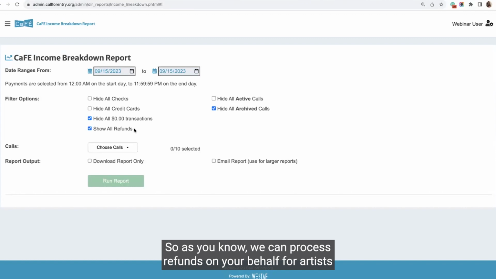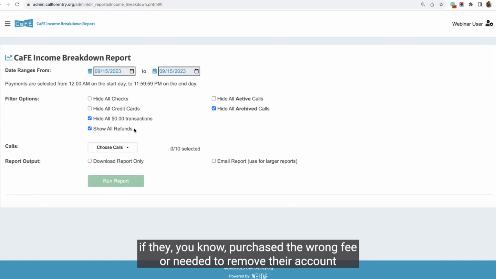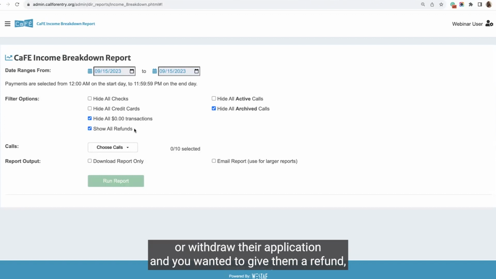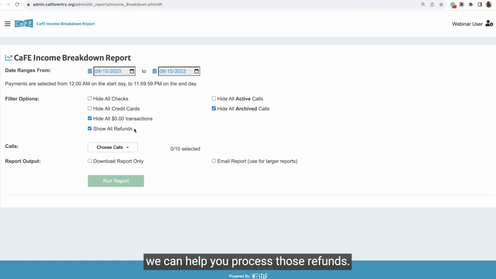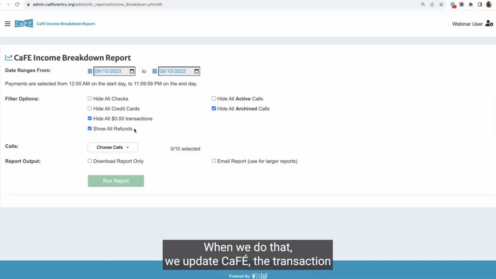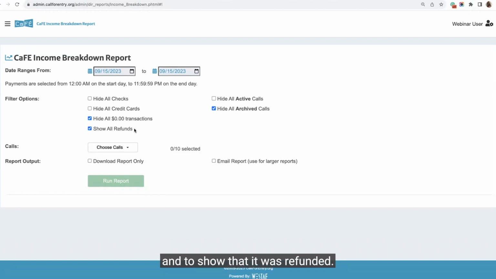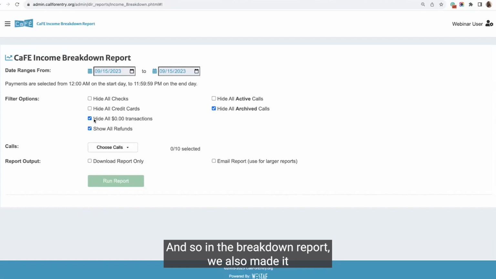So as you know, we can process refunds on your behalf for artists if they purchased the wrong fee, or needed to remove their account, or needed to withdraw their application and you wanted to give them a refund. We can help you process those refunds. When we do that, we update CaFÉ, the transaction, to show that it was refunded. And so in the breakdown report, we also made it so that you can show only the refunds for those